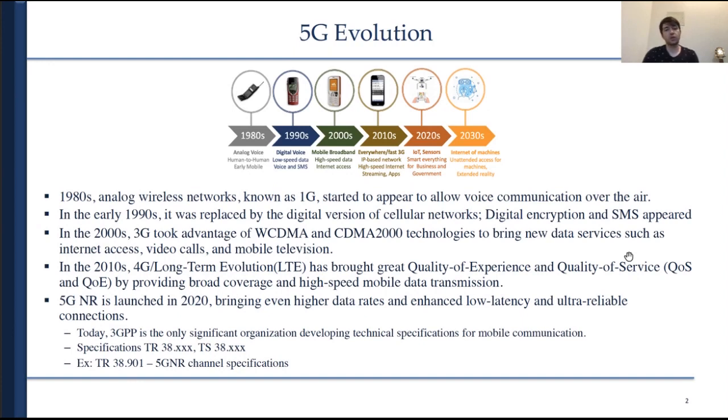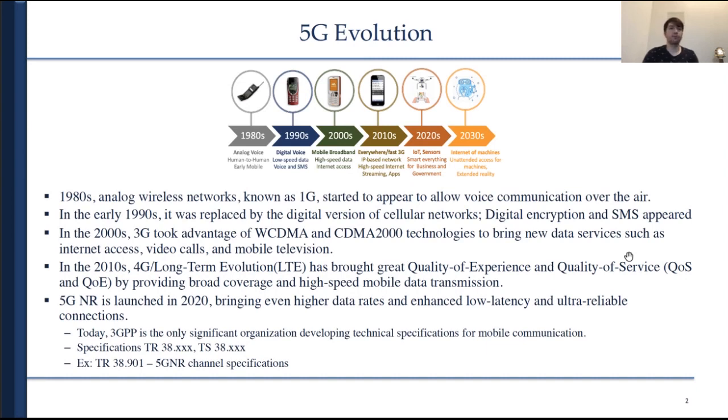So on the picture here you can see something I call the per decade trend, which means a new generation of communication was developed after 10 years. In the 1980s, analog wireless networks, known as 1G, started to appear to allow voice communication over the air. That was the main purpose. Then, with the fast development in the 1990s, it was replaced by the digital version of cellular networks, which we call 2G, and it also gave a boost for new services. For example, that's the time when digital encryption started to appear and also short message service, which is known as